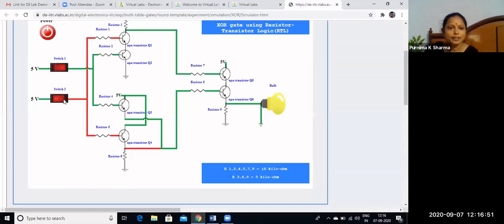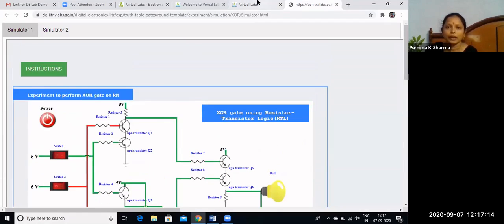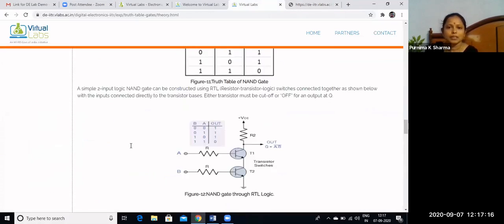Here in this case, both are 1, XOR output 0. Both are 0, then also XOR output 0. A is 1, B is 0, XOR output, the bulb is in on position. So you can verify the XOR operation from here. All these gates we can verify from this experiment.